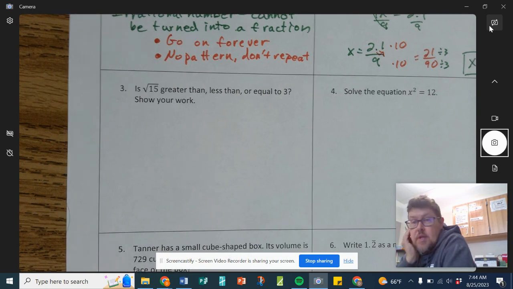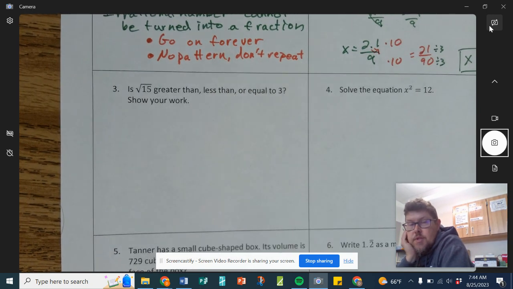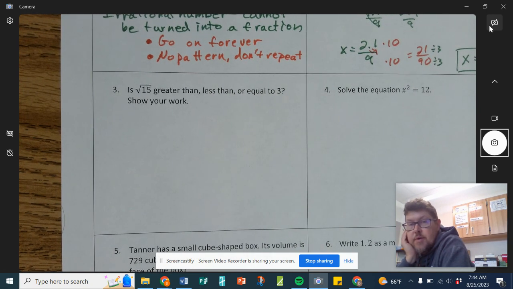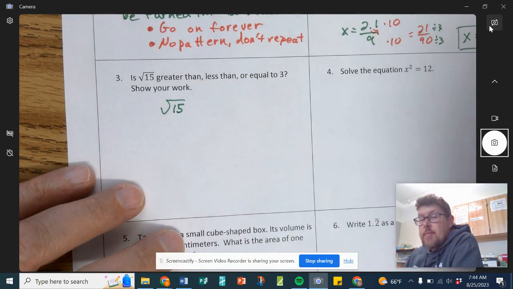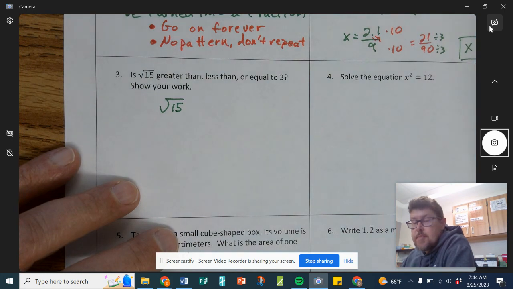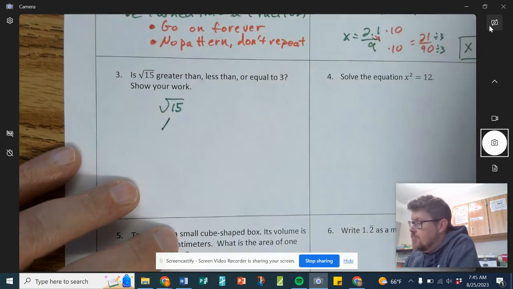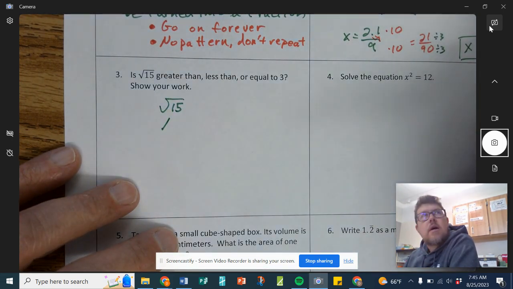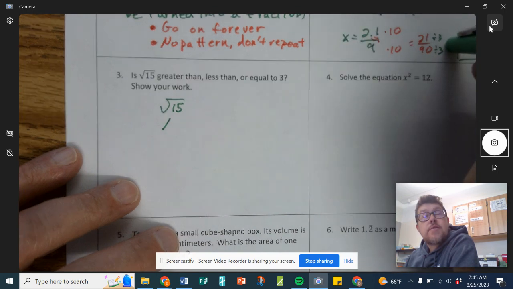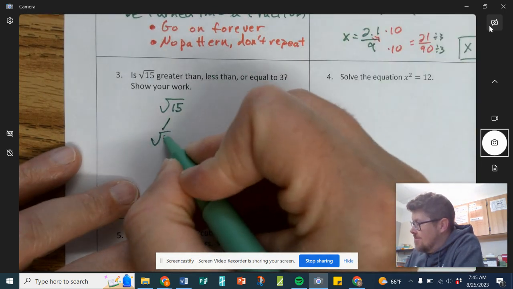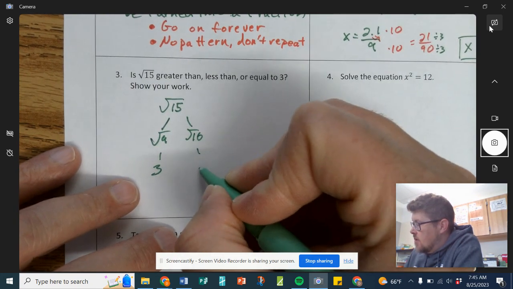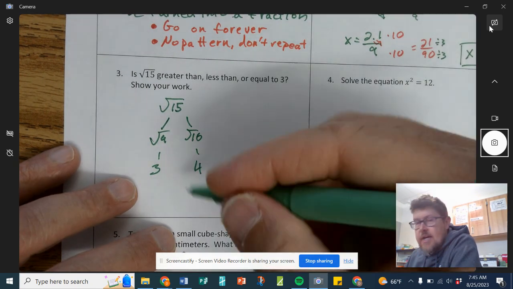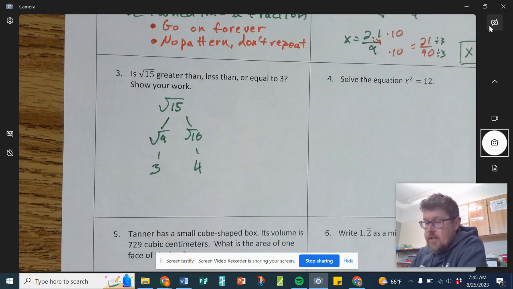Okay, is the square root of 15 greater than, less than, or equal to 3? Well, I'm going to take that 15. I'm going to take a look at my list of perfect squares, and I'm going to figure out that it's in between 9 and 16, sorry. Okay, so we know that the answer is between 3 and 4, right? So we can actually answer the question here, but we're actually going to take it a step farther